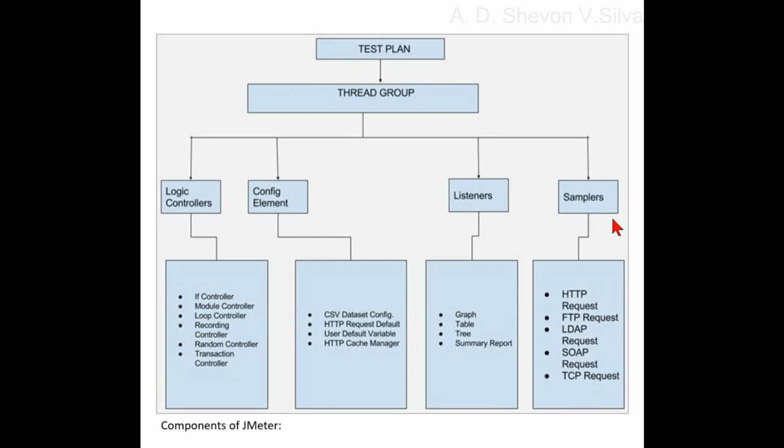Samplers. So how does JMeter know what type of request has been sent to the server? It is through samplers. Samplers must be added to a test plan, as only they let JMeter know what type of request needs to go to which server, with any predefined parameters or not. A request could be HTTP, HTTPS, FTP, TCP, SMTP, SOAP, etc. Samplers can only be added to the thread group, not directly under the test plan,